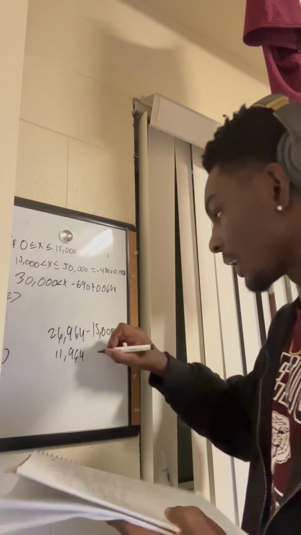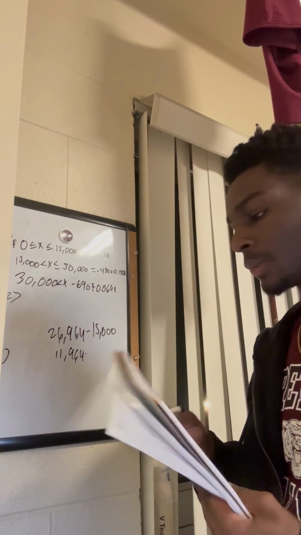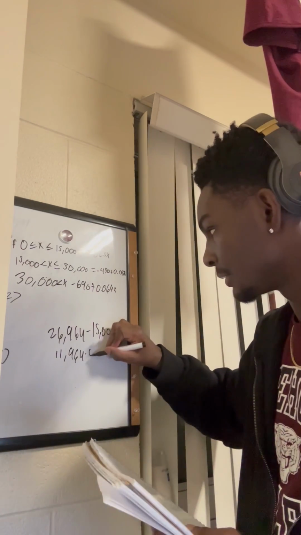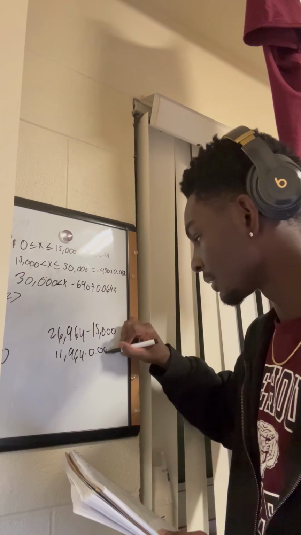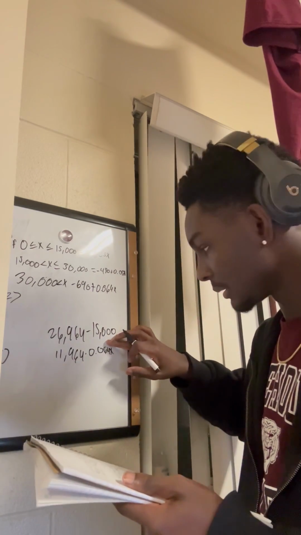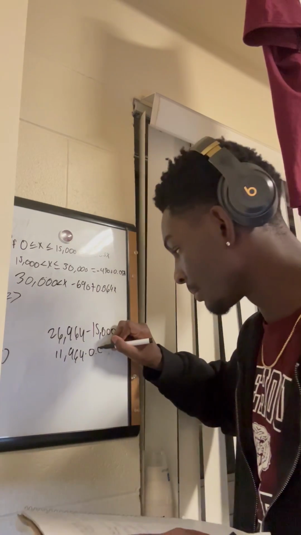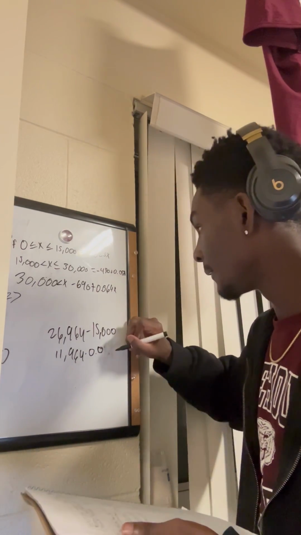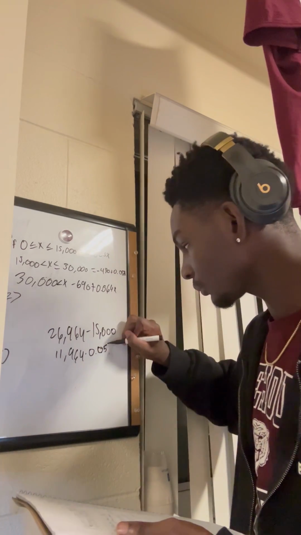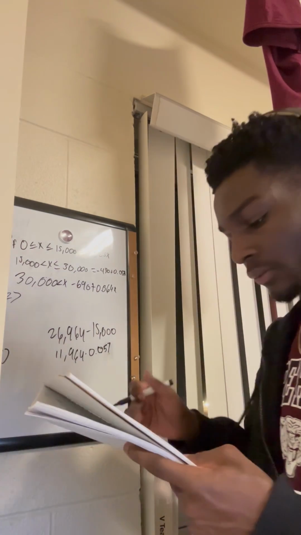And then I multiplied that by the appropriate percentage that needs to be deducted. So I did 0.064, no, wrong percentage. I did 0.057 times 11,964, which then I got